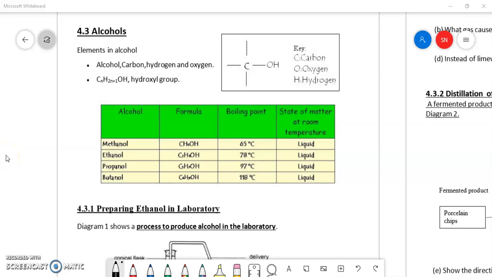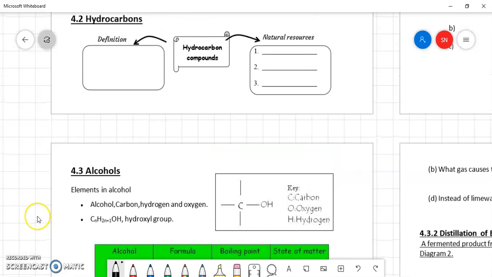Okay, hi again. Now, we are in video part 3, still in carbon compounds. I'm going to look at a subtopic in this chapter which is called alcohols. Before I do alcohols,